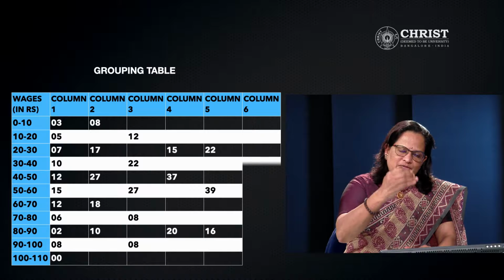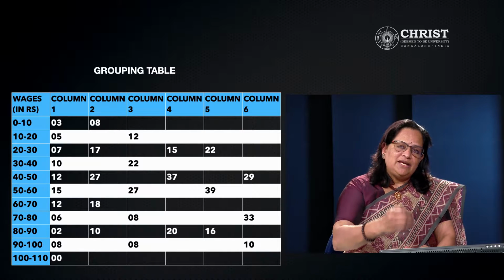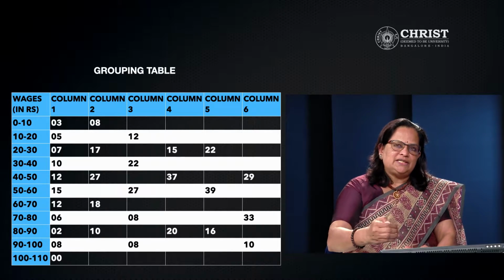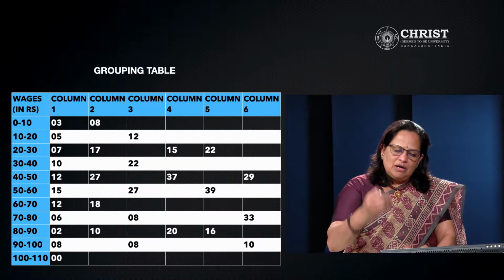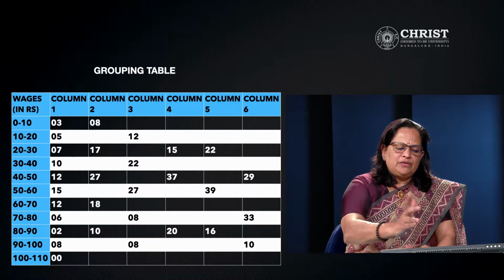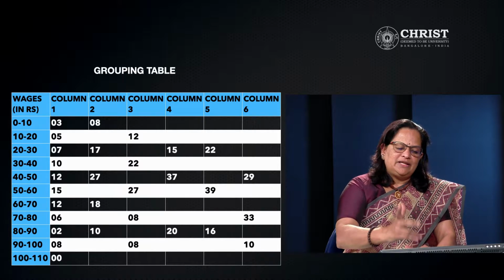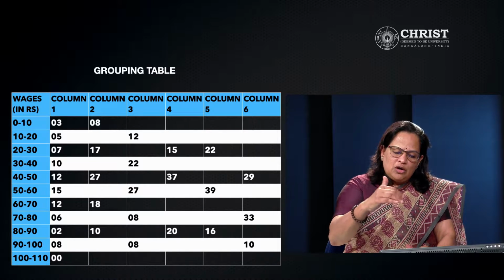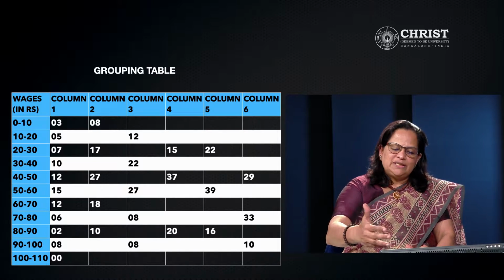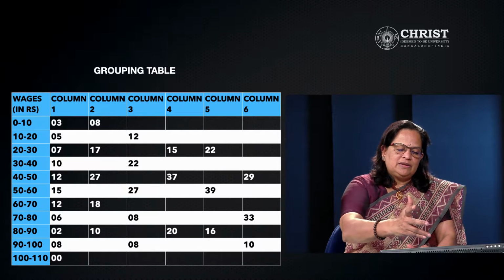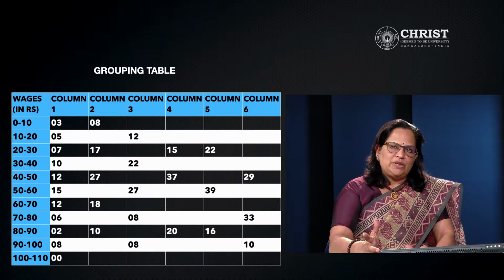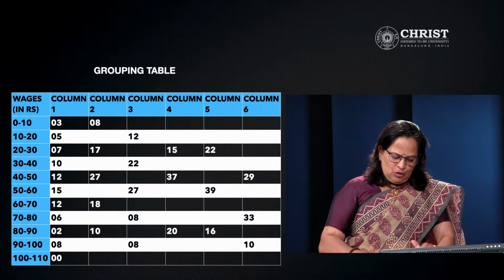Column 4, the frequency values with adding 3 each. That meaning 3, 5 and 7, it's 15. Next is 10, 12 and 15, it's 37. Like that we will complete. Column 5, we are leaving the first frequency. 3 we will leave and then add 3 each. 5, 7 and 10, values 22. Column 6, leave the first 2 frequencies and then add 3 each. That is 3 and 5 we will not consider. 7, 10 and 12, values 29. Like this we will complete the grouping table.